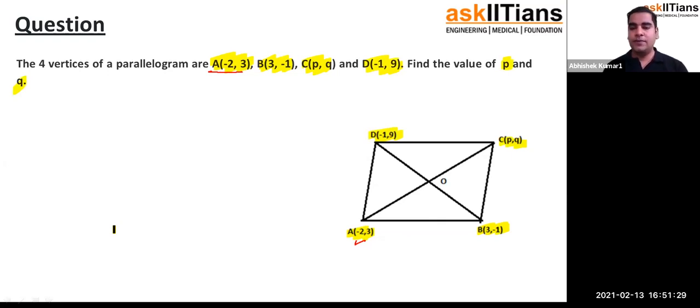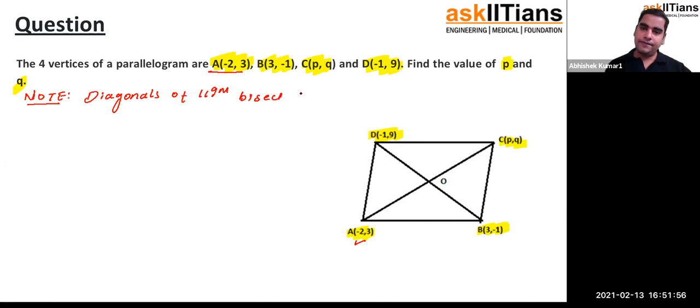What will be the value of P and Q if you are provided the coordinates of the four vertices of any parallelogram? So here you need to keep in mind one important property. Let me write that. That is, the diagonals of a parallelogram bisect each other, right? This is an important point that you should keep in mind whenever you are doing this problem. And it says that whenever you are talking about a parallelogram, the diagonals are always going to bisect each